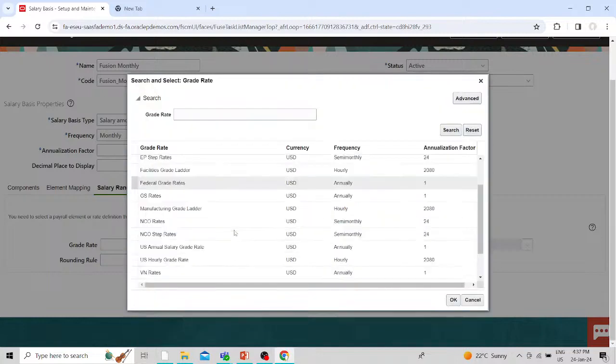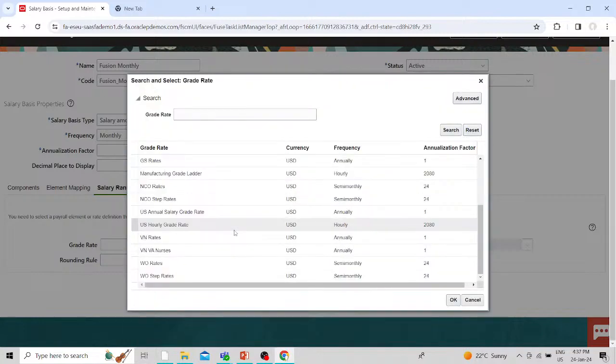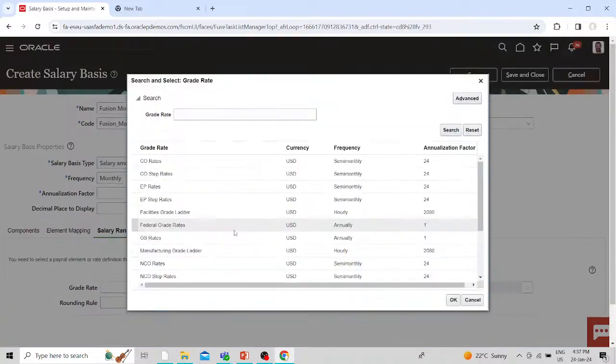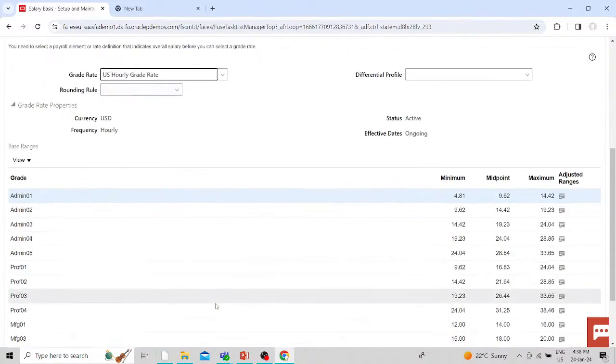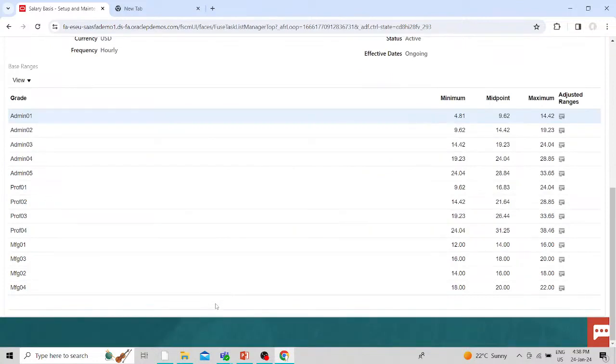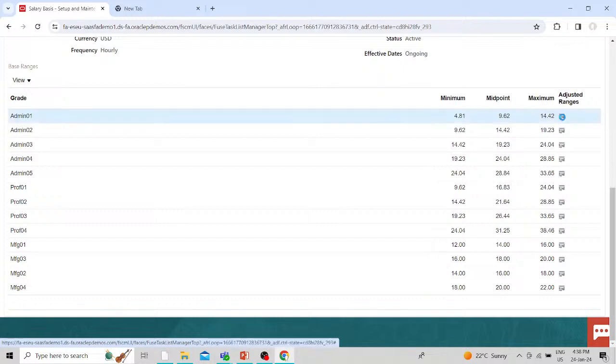So these are the grade rates for your US legislation. That is for the hourly, that is for the salary. You can see all the associated grades automatically come here. These are the minimum value, midpoint and maximum value, and here you can see the adjusted range